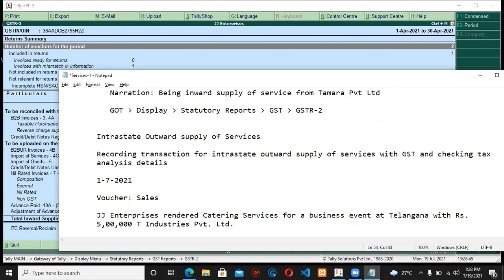That is, we are delivering the services, but we are not getting the money immediately. They will be giving us at a later point of time. So we are referring to sundry debtors. So Tea Industry is sundry debtors. Remember that point.